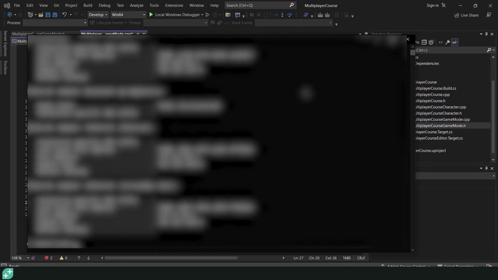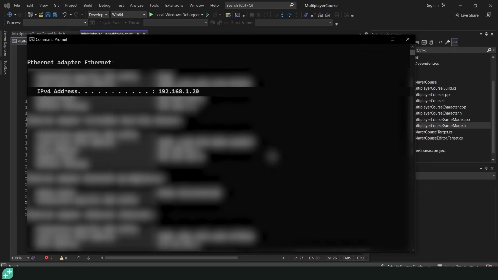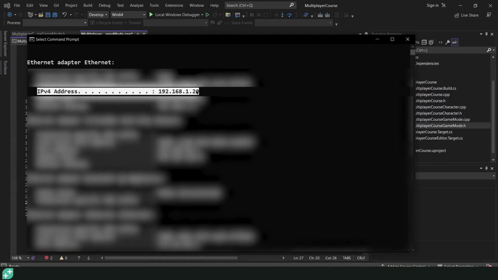And I'm probably gonna blur these because my actual IP will also be here, but what you're looking for is, for me, because I'm connected to the internet using an Ethernet cable, I'm looking for this Ethernet adapter Ethernet part here. If you're using a Wi-Fi connection, it's going to be Wi-Fi for you. But in both cases, you want to look for this IPv4 address here. This is my local IP address. So I'm going to copy this,